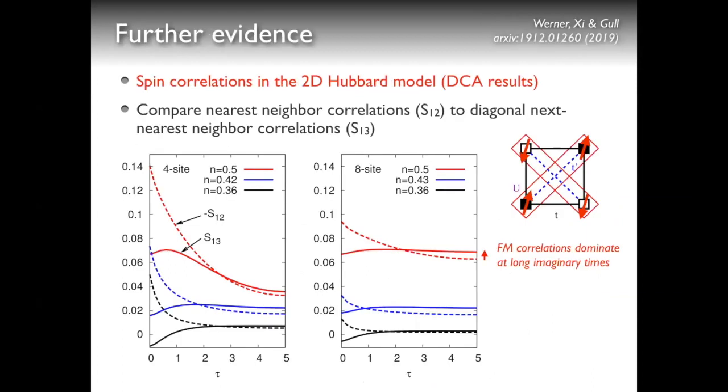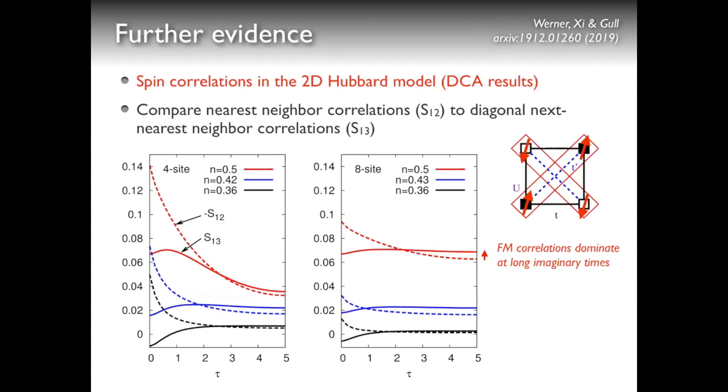So in the last 2 minutes, let's take a step back and forget about this bonding, anti-bonding transformation and ask the more simple question, if we can find non-trivial spin correlations in the 2D Hubbard model, which indicate the presence of this spin freezing that I have been talking about. And basically what we have to look for is enhanced ferromagnetic correlations along the diagonals of the lattice. Now this is work done in collaboration with Emmanuel and Xi. They have implemented a code which allows to measure the dynamical spin correlation functions in cluster DMFT.